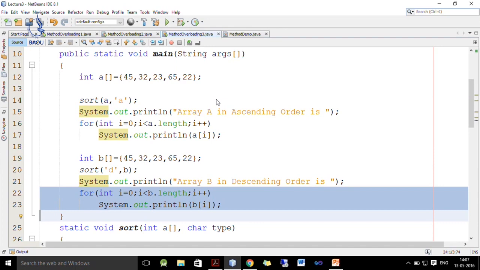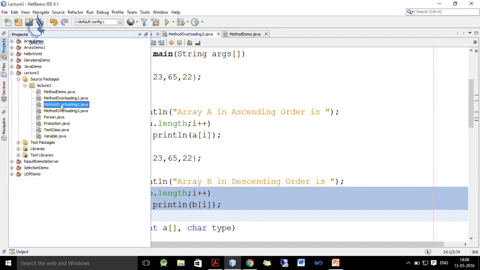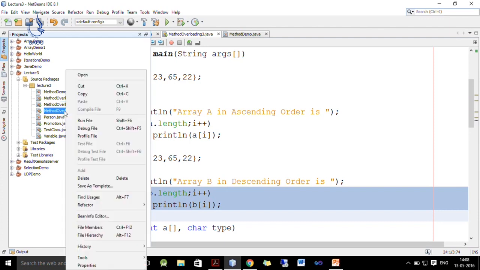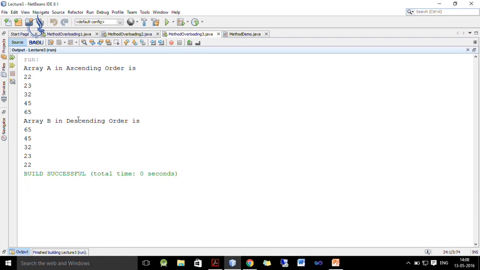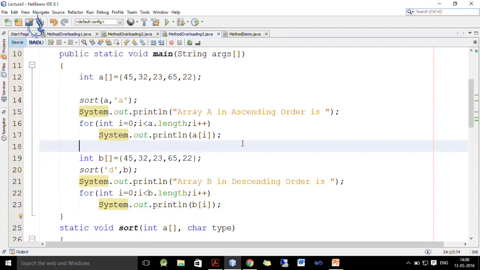Now, we want to test this program. So, we go to project, then select this file and select run file. Here you can see that the array is sorted in ascending order, and in the second case the array is sorted in descending order. So, we can see that we can have overloaded methods with the same purpose, but the sequence of arguments is changed.